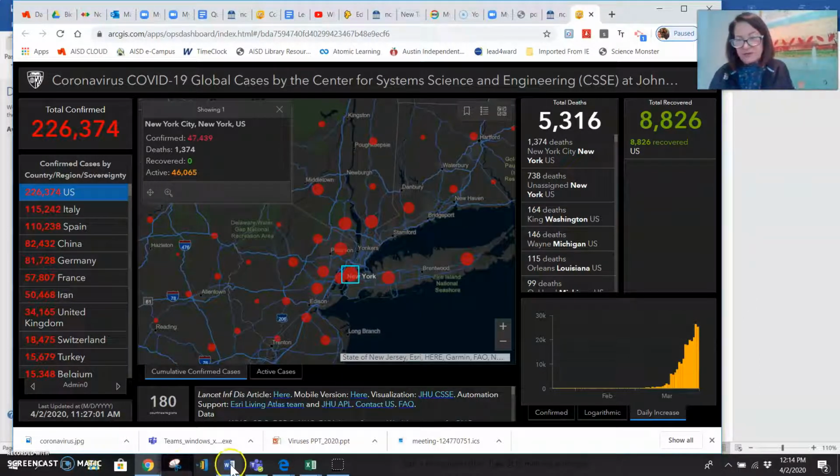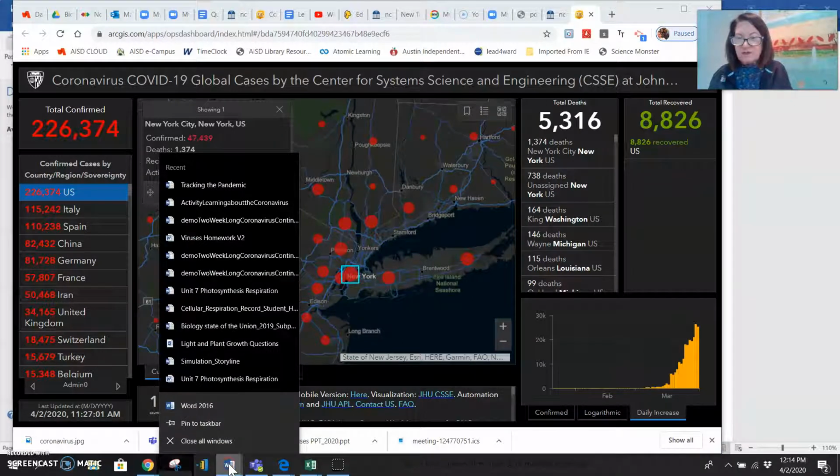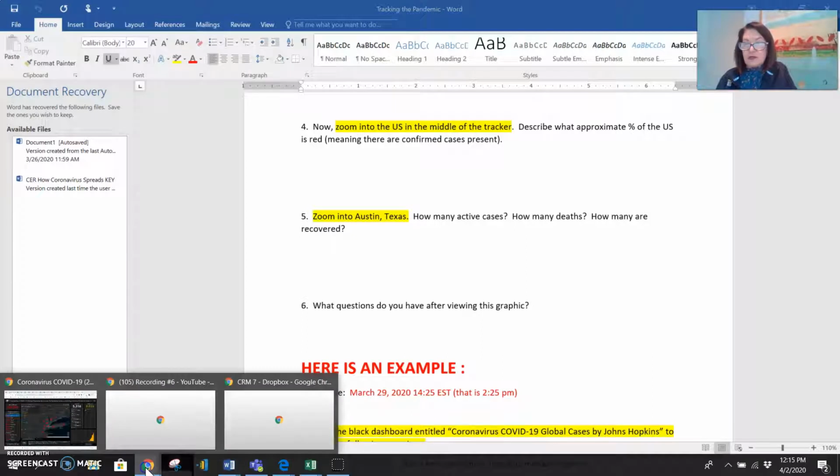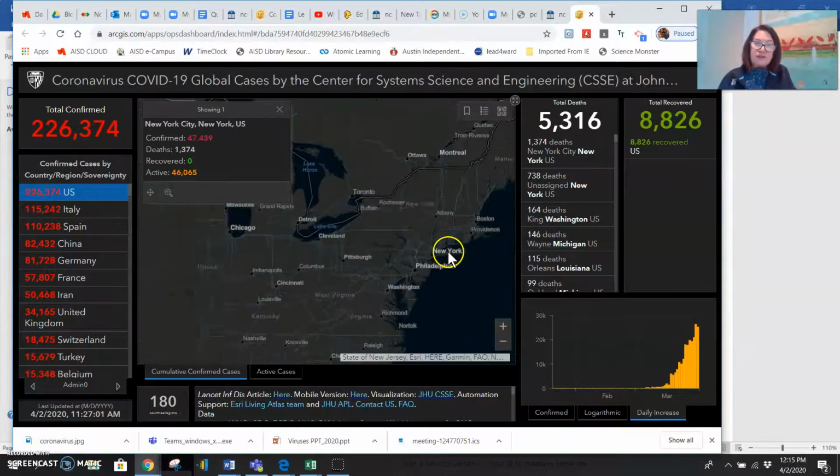And then we have question 6. Oops, sorry. Tracking the pandemic. Question 6 is, what questions do you have after viewing this graph? So you should write something in there about what you see and what your thoughts are about this. We're going to do this over 3 days, so I want you to look at the trends and how the graph increases. It's quite amazing, as you can see. So also, to find the percentage, whoops,